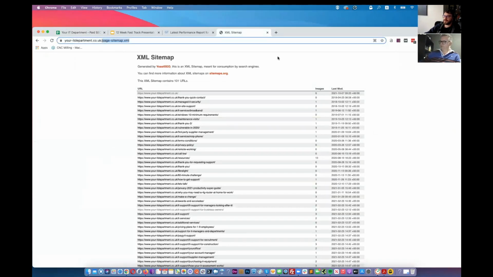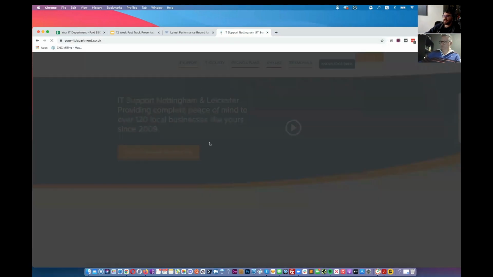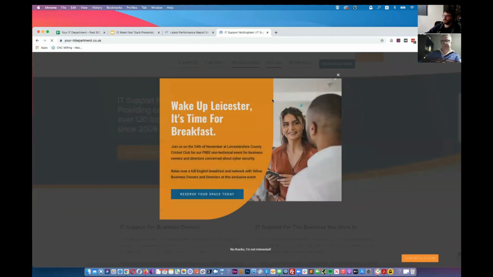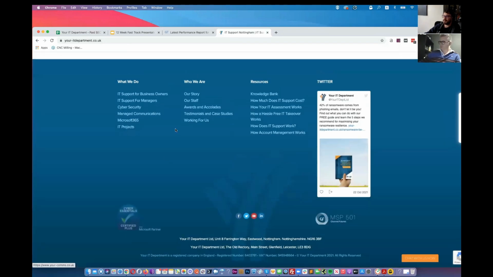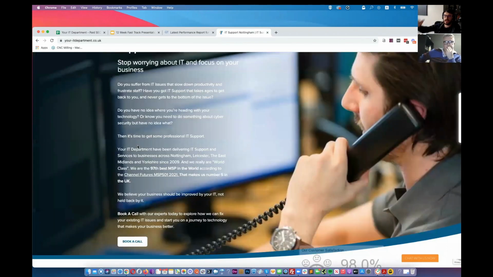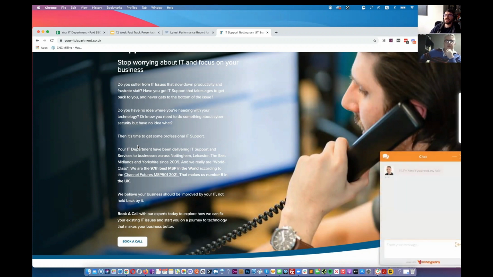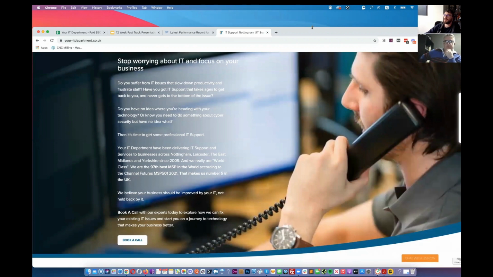So not an XML version of it, actually having a page on your site where, for example, down here, it would say sitemap, and when you click through to it, you can pull out all of your pages on your sitemap really, really easily. It's just another way of Google being able to find all the pages on your site. Helps with indexation. It's not going to make a big SEO benefit of like, right, I'm going to rank top